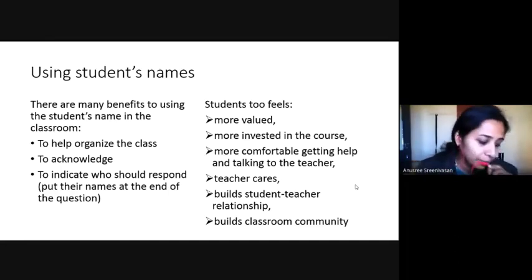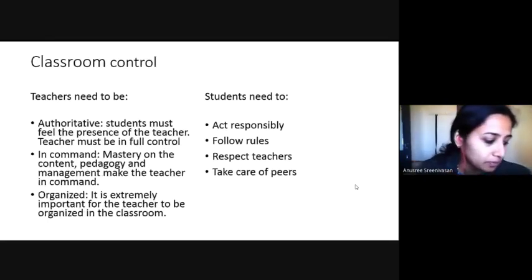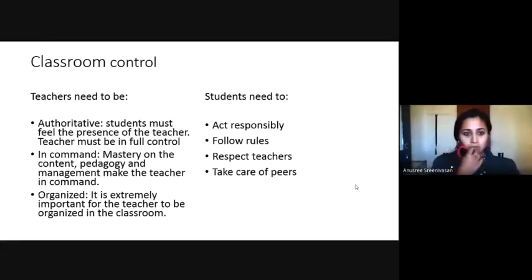Another issue is classroom control. Now, classroom control is a very important element of classroom management. Without classroom control, there can be no classroom management. And teachers are the biggest source to maintain class control. Now, don't take this control in a negative sense, because while doing research for this particular PPT, I saw that in many cases, many people have taken this word control in a negative sense and said that you don't control the class, you don't have to control the students. No, they're taking it in a bad sense.